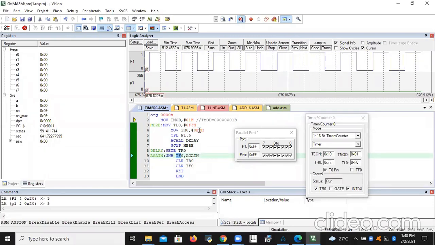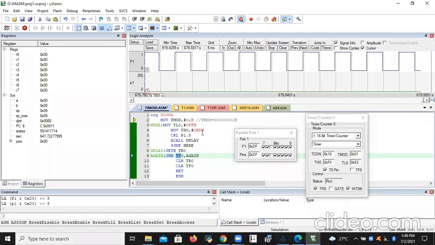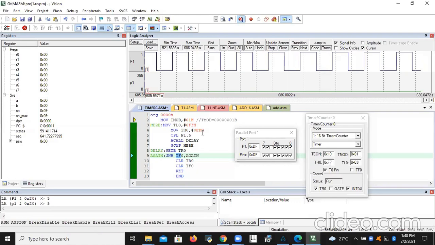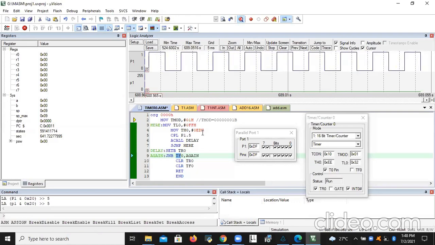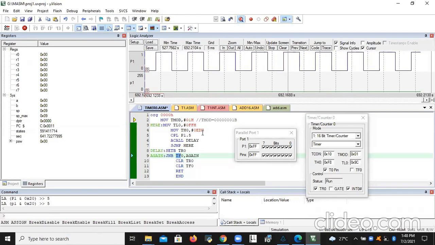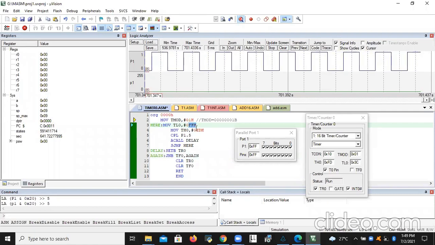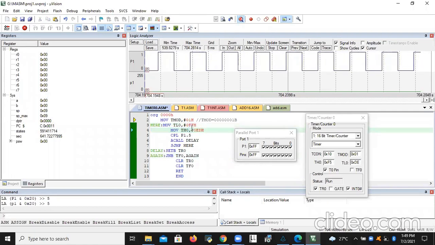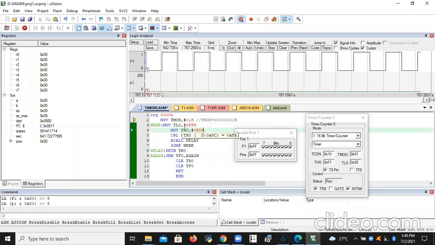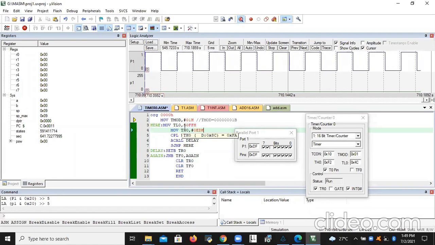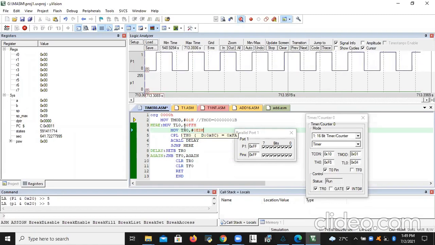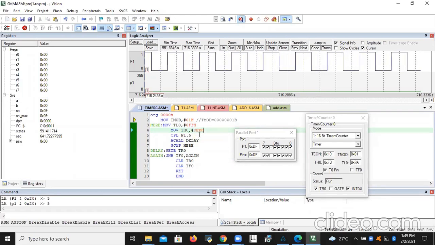Initially FFED, next FFEE, after that FFEF, after that F0, like that the timer hexadecimal value goes on increasing, and it reaches the maximum value, that is all Fs.